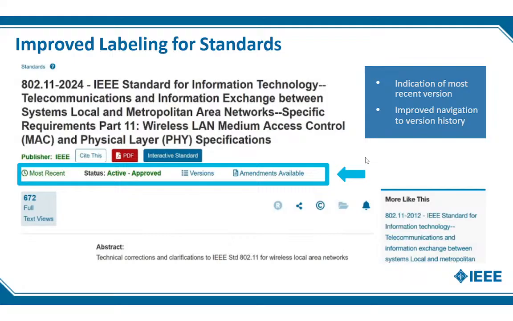The labeling for standards has been improved as well. We have received feedback from researchers that sometimes it's very difficult to track whether this particular standard document is the latest version. So in that sense, making the versioning and labeling clearer becomes very important, and we have achieved it. We have indicated the status of this particular standard document, whether they are active, whether this is a redline standard,